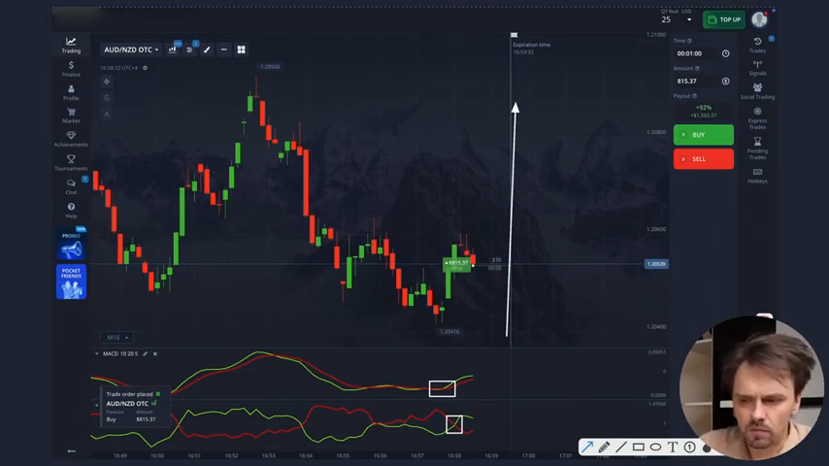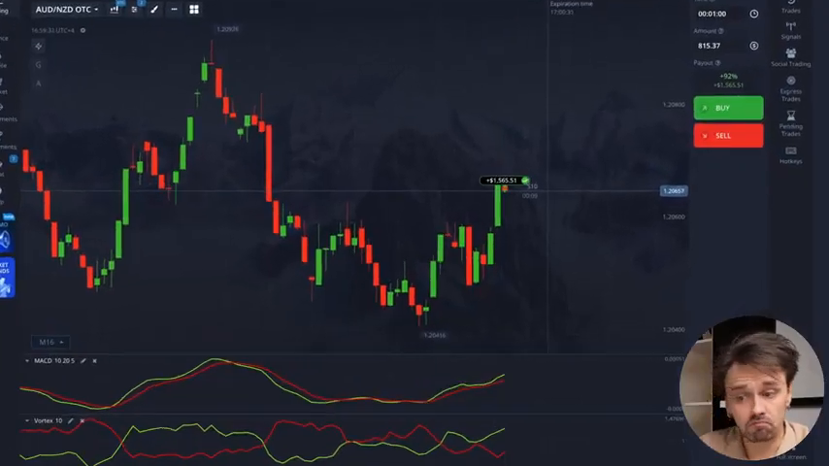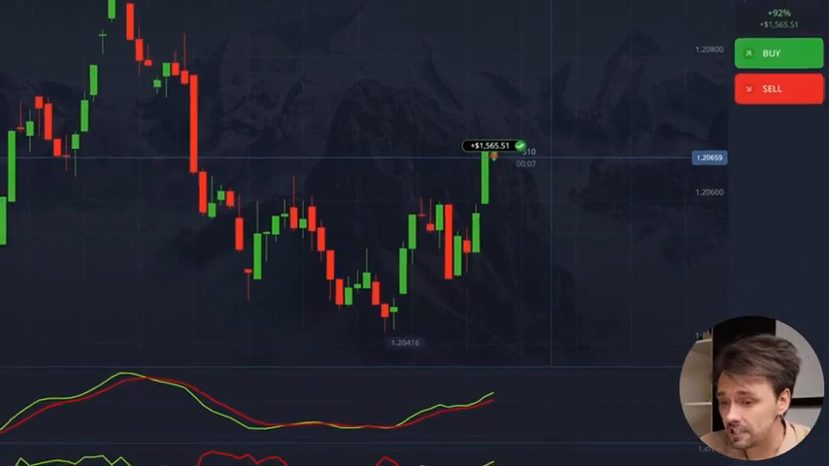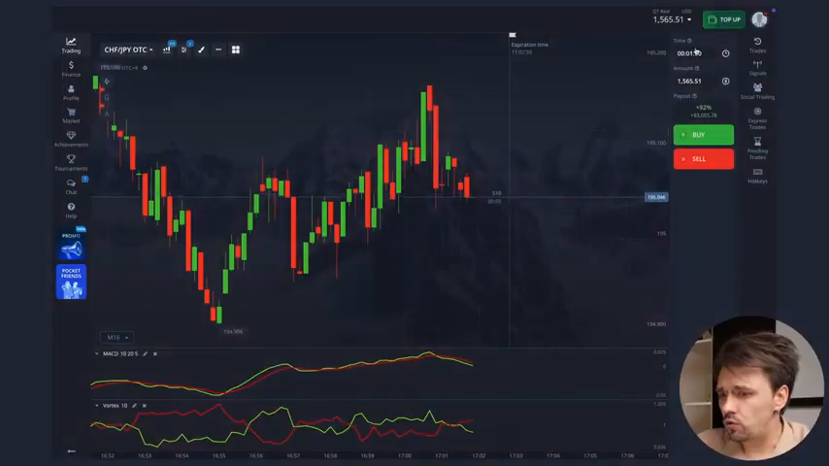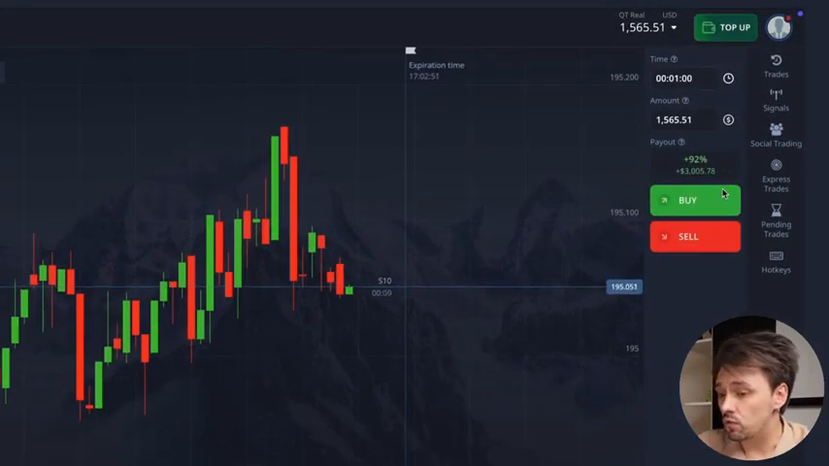I entered at the moment when the market is just starting to rise. So I'm waiting for the trade to close, and I got $1,565, a wonderful result. And to finish, I'll open a trade once more to the downside for